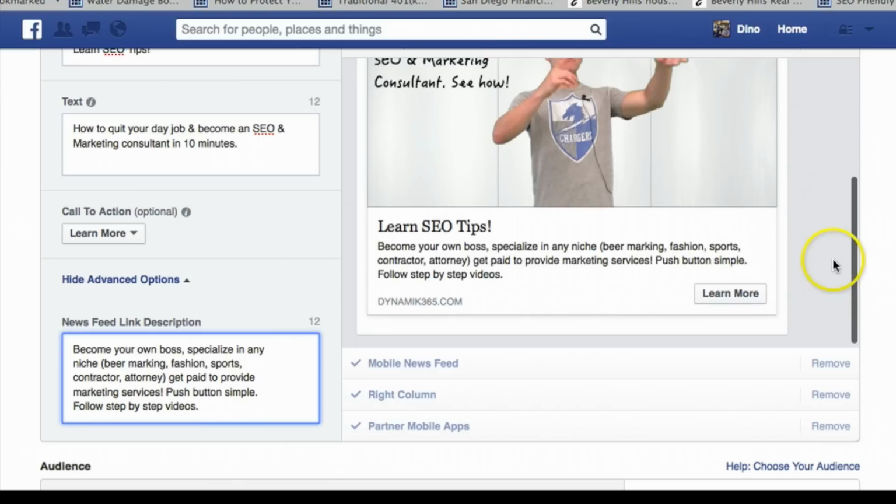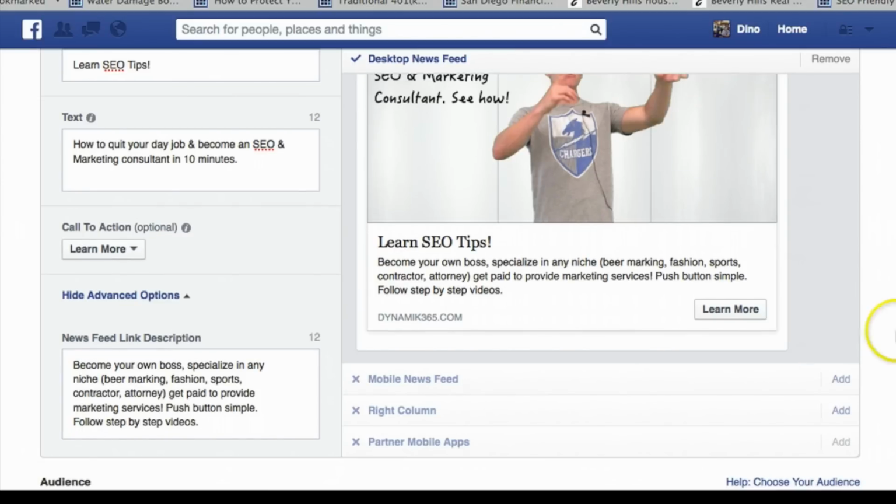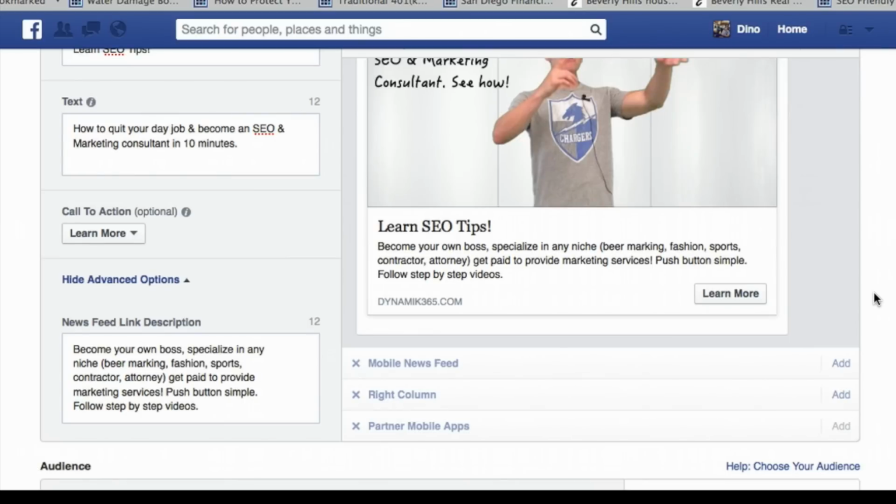Alright, last thing you guys got to pay attention to is you're going to want to remove mobile news feed and right column news feed. The reason being is that it's proven statistically that mobile news feed ads and right column ads always perform differently than just the general Facebook news feed ads. And so if you do want to advertise on mobile, if you do want to advertise in those right column Facebook ads, set up completely individual ad campaigns and turn off this main newsfeed ad and just make a